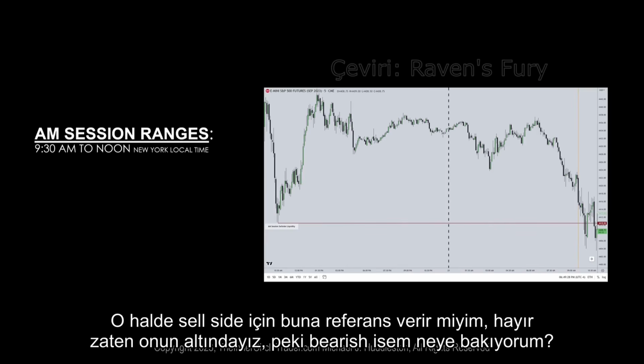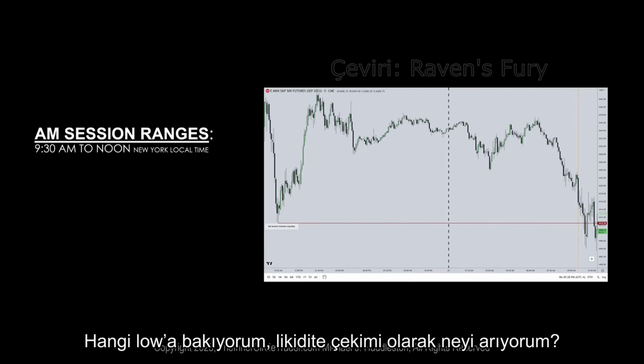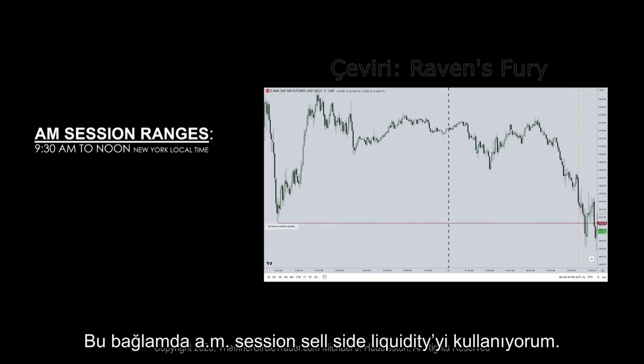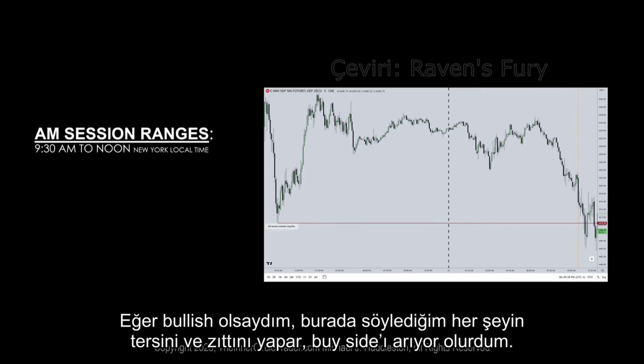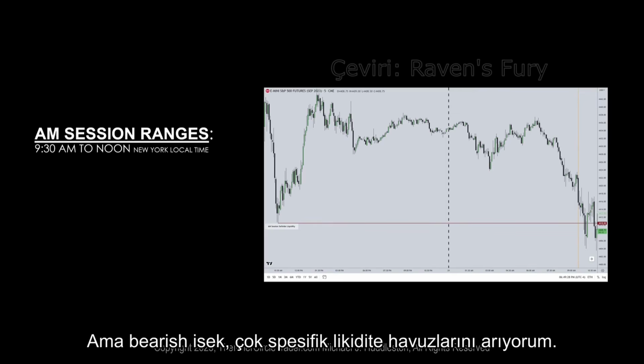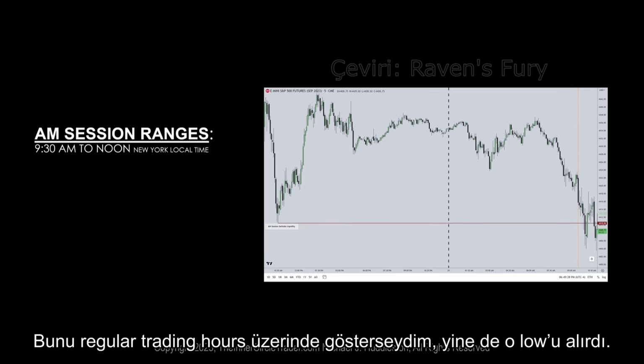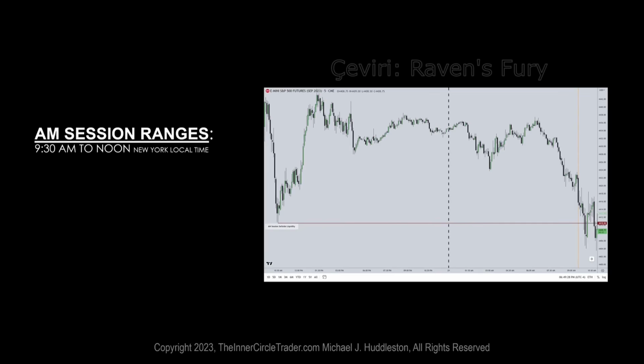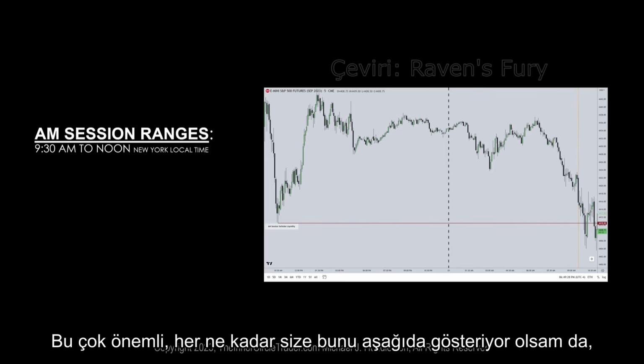So if I'm bearish, what am I looking for? What low am I looking for? Which draw on liquidity am I looking for? In this regard, I'm using the AM session sell side liquidity. If I was bullish, it would be everything I just said here in reverse and opposite. I would be looking for the buy side. But if we're bearish, I'm looking for very specific pools of liquidity. If I showed this on regular trading hours, it would still get that low. Very important. Even though I'm showing you down here,